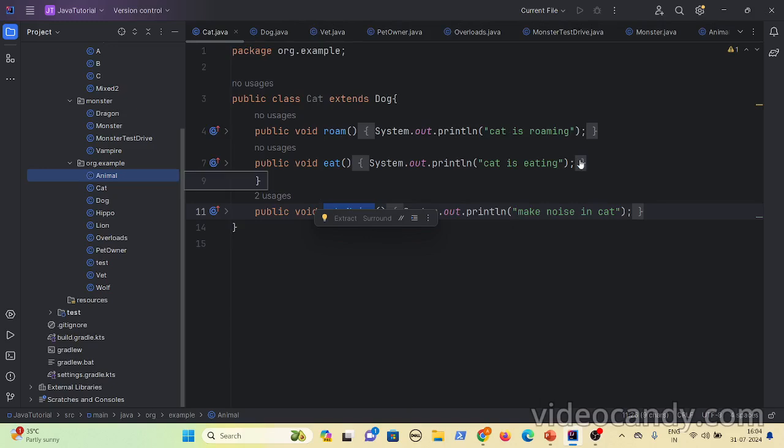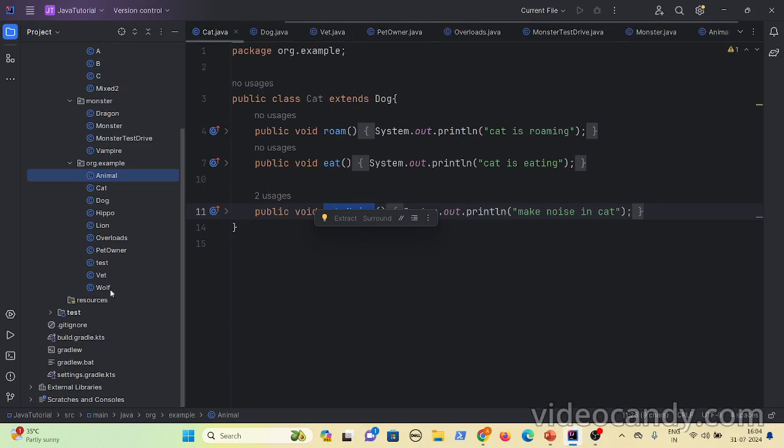So using method overriding and the superclass reference type, you can achieve many behaviors. You can have a single reference variable act as different things and exhibit different behaviors.